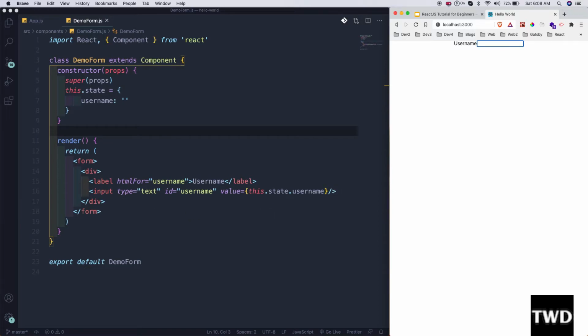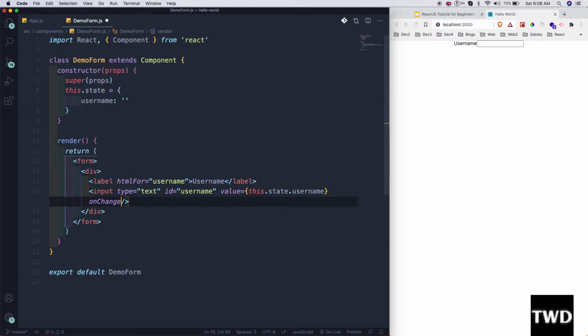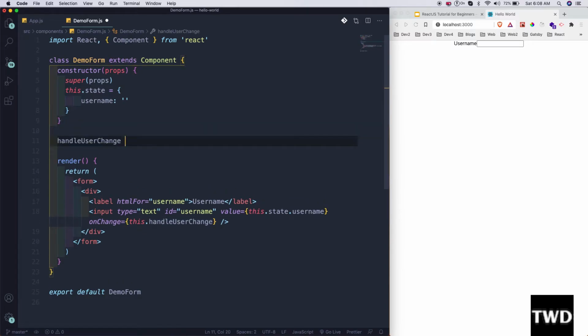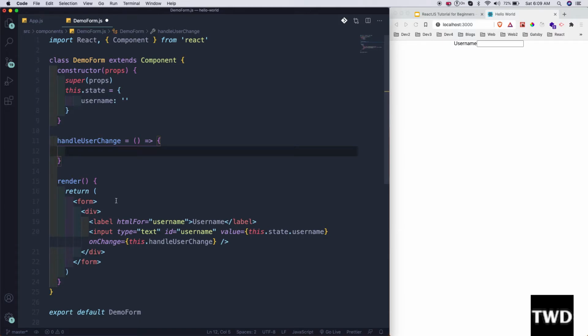Okay, so we will do the second part, which will be onChange. Okay, can go to the next line. It's okay. onChange, and this.handleUserChange. This.handleUserChange I am doing. So I have to create a function like this. I'll create an arrow function so that this is bound there, so that I don't have to use those additional things. So like this,